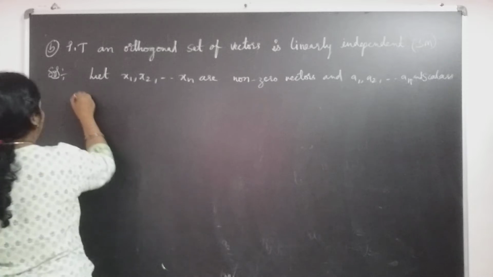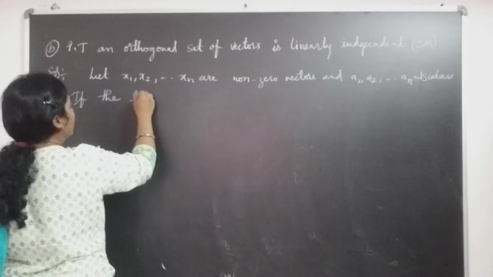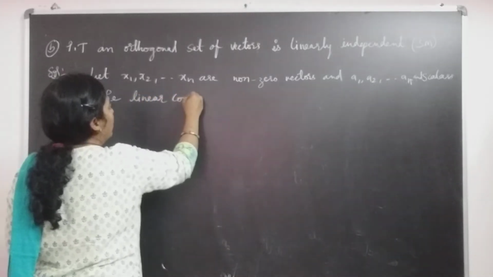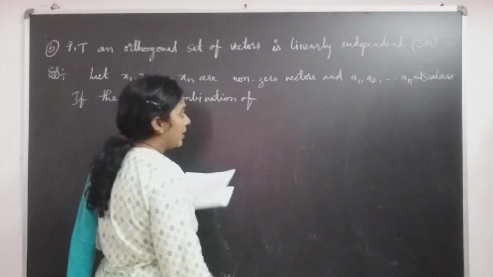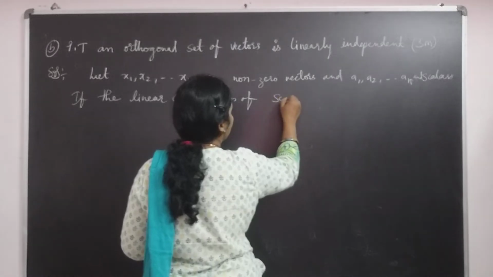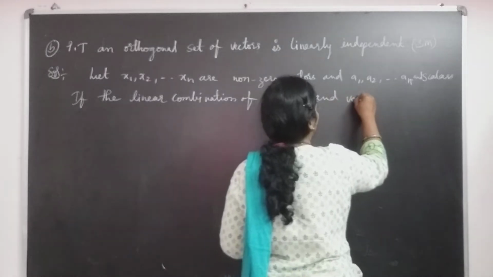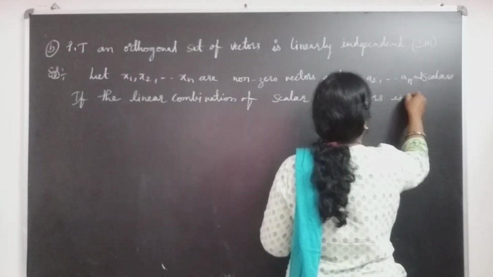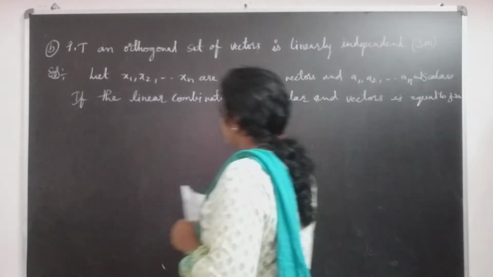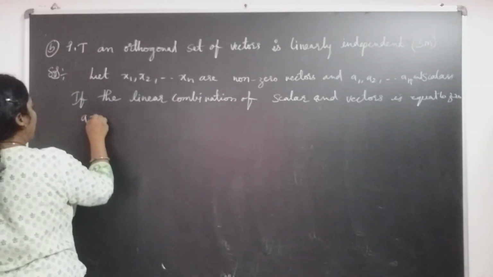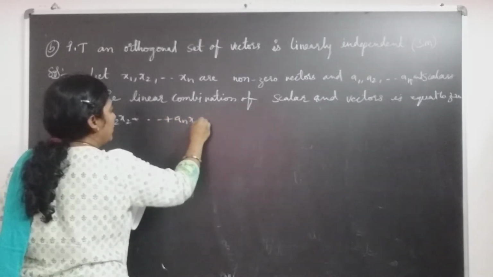If the linear combination of scalars and vectors is equal to 0, that is nothing but a1 x1 plus a2 x2 plus so on plus an xn equal to 0,